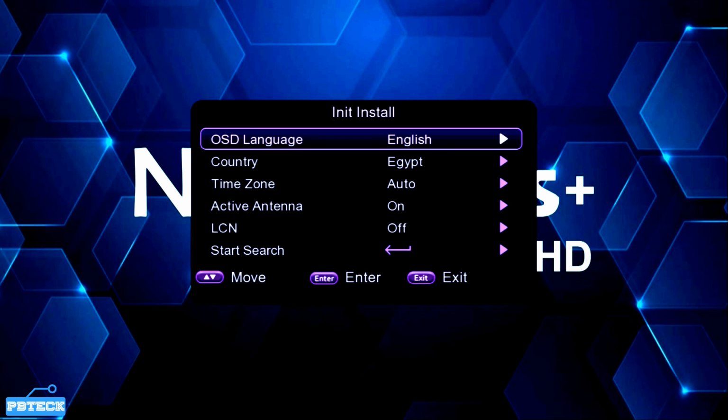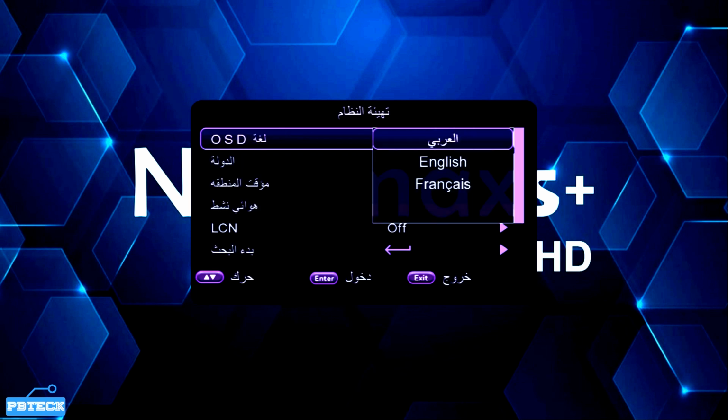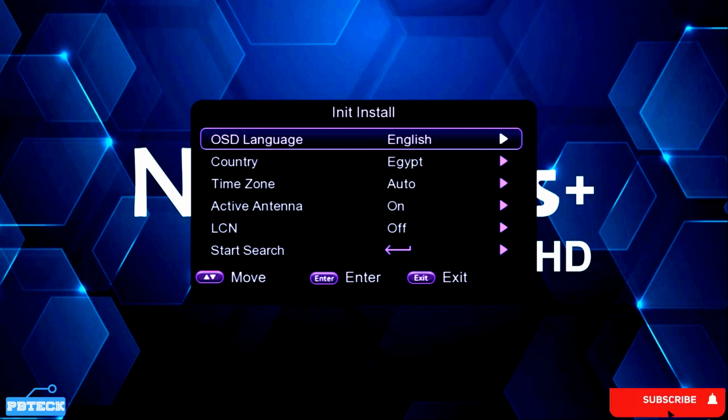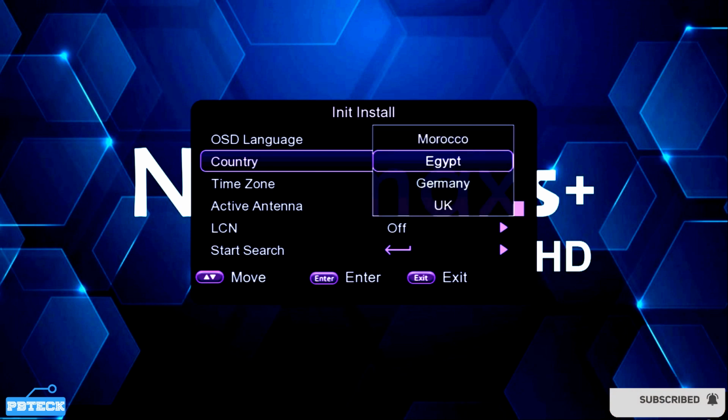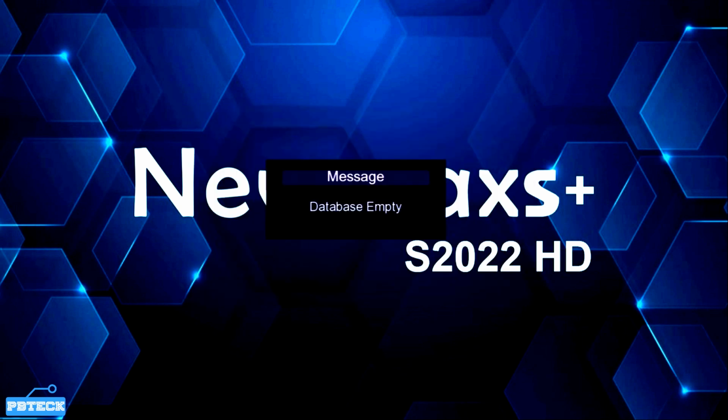So here on this page you have the language option. If you prefer French or Arabic, you put it on it and then you proceed. But we're going to go with English, so you select English. With the country options over here, it doesn't matter, any country option that you select, you will have the same settings or the same interface on the decoder. So you press the exit button to get access to the menu to do the next settings